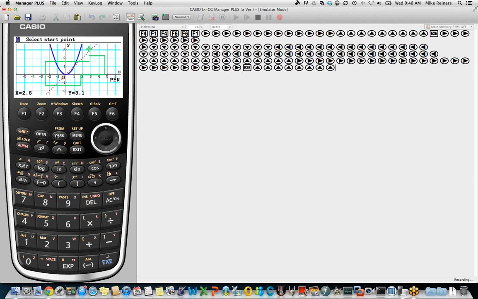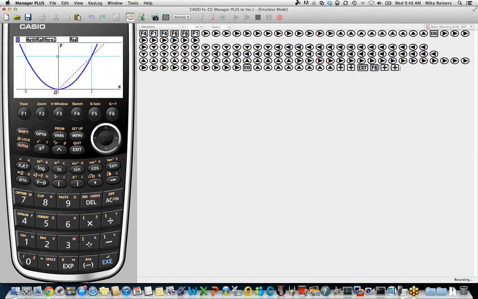So this can be useful in drawing things like escape diagrams for graphs. If we zoom in again a little more closely, exit the pen tool, and then zoom in, of course, our sketch disappears.